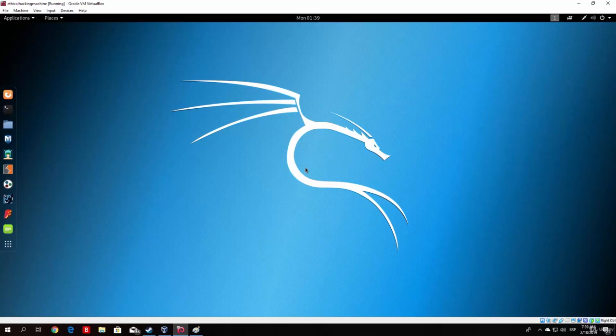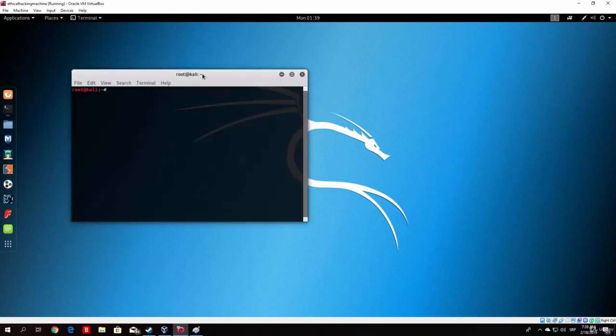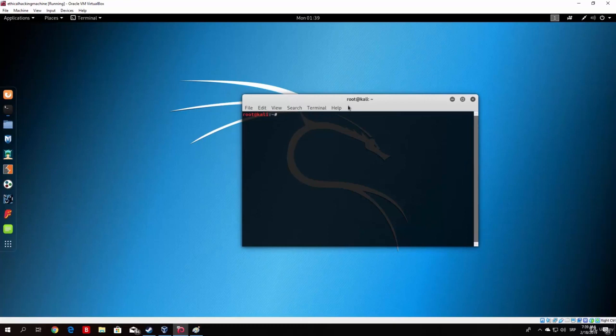But before we continue with the command line Nmap, I want to show you, for those who are interested, how to use Zenmap as a GUI interface. Now, we will use a program for that which is called Zenmap, which is basically the same thing as Nmap, just it has a graphical user interface. It comes pre-installed in Kali Linux, so we won't have to install it. And for those of you who don't want to use a graphical user interface and prefer to stay with the command line interface, you can just skip to the next video. But for those of you who prefer the graphical interface more, I will show you how to open it and